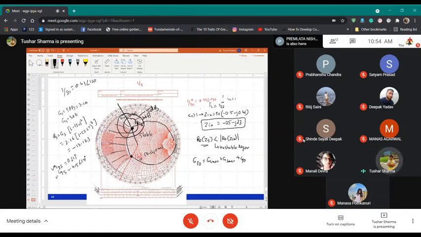तो इस केस में G naught क्या होगा? S21 का whole square. GL max क्या होगा? 1 over 1 minus S22 whole square. And GS max in this case is 1 over 1 minus S11 का whole square. So you calculate all this, and then you will know the total gain of the transistor.